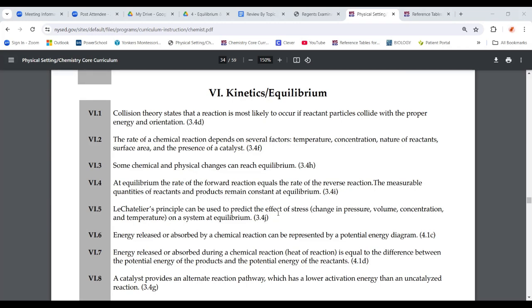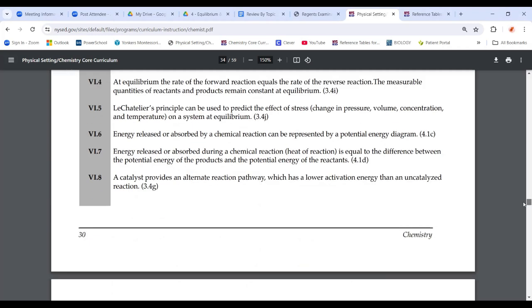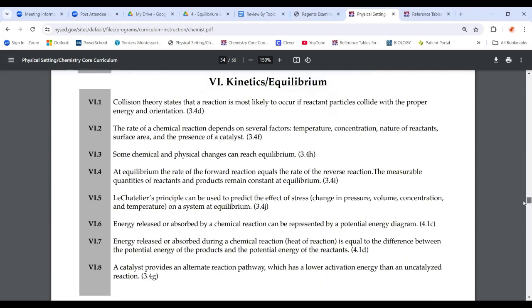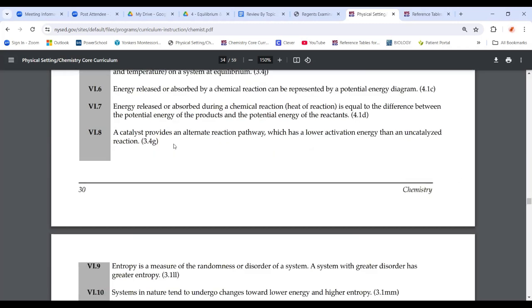Okay. And then we'll talk about chemical equilibria. Le Chatelier's principle is when you mess with a system that's already at equilibrium and see how it responds. Energy, this is that definition that came up on the multiple choice questions on the final. This is the definition of change of enthalpy, also known as heat of reaction, and that's the little triangle H